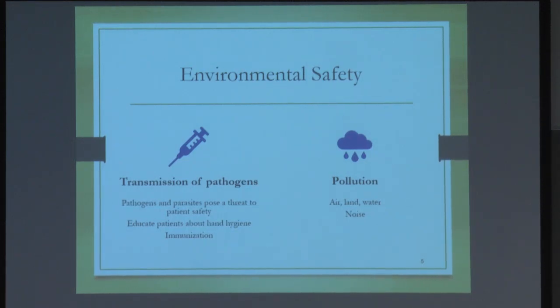So herd immunity has to do with immunity that we get from the, not in this sense, without looking at the definition. Okay, gotcha. I think I'm just grouping it. That's okay. So that's why immunizations fall under environmental safety, because either it affects the people who are unable to get immunizations, or